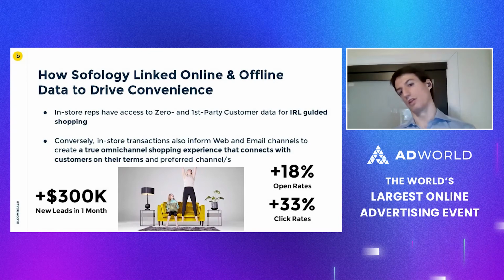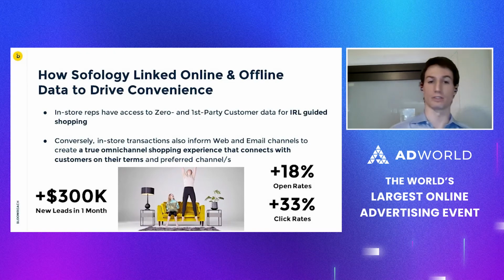On the other hand, those in-store transactions are also informing web and email channels to create a full omni-channel experience that's connecting with customers on their terms, using their preferred channels and using their preferred content and products as well. This initiative obviously speaks for itself in terms of the results for open rates and click-through rates, which is the best metric for actual engagement with a product or with any sort of conversion call to action. But also in terms of generating new leads, in the first month, they saw over $300,000 worth of new leads come in just based on